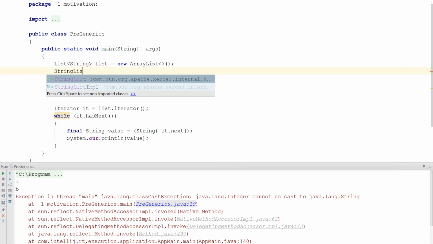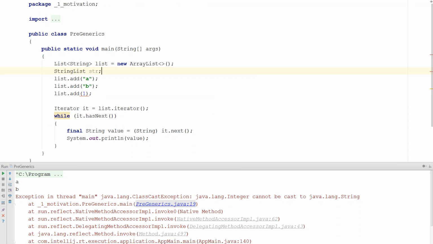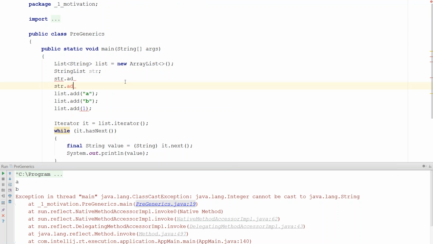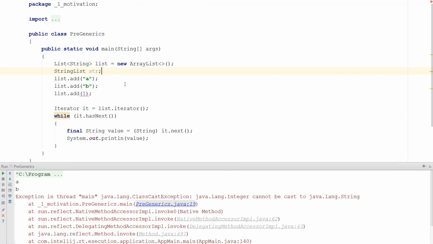Right, that's an excellent point. You could have a class called a string list, and that's nice and safe as well. You'd have the exact same property that you can add a string to that string list, but not add any kind of int or any other value to it. But the problem with this string list approach is that you have lots of different classes and lots of different objects throughout your type system. So you might want a list of strings, you might want a list of numbers, you might want a list of users, all sorts of things. And you would have to duplicate that same boilerplate code every time round,